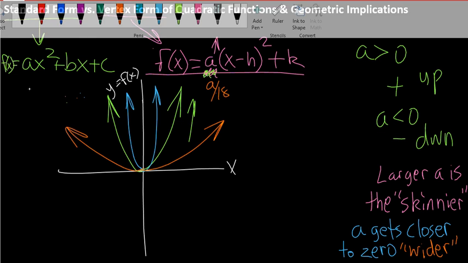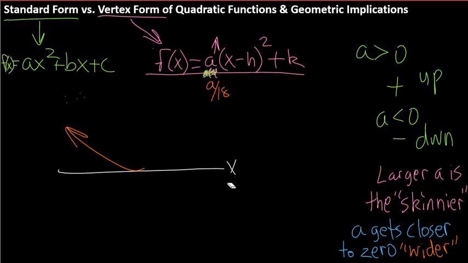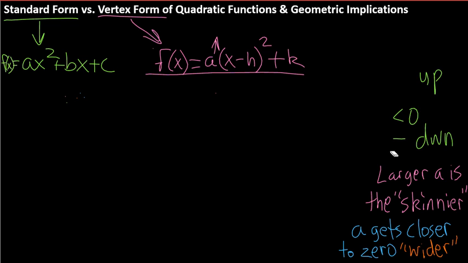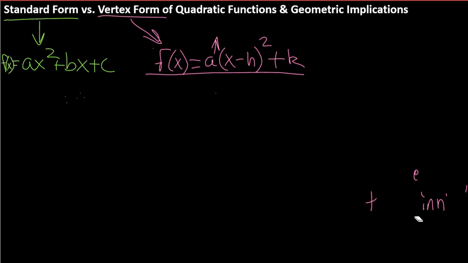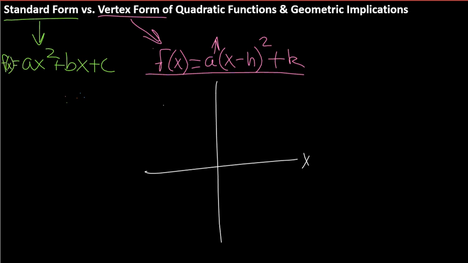Let's talk about the other components of vertex form. So you've got, besides the a, you've got an h and a k. Okay, that h and that k is super important because it tells us the vertex, hence vertex form. So again, I've got x and y of x. Okay? And I have some parabola. Let's go ahead and say like this. Okay? There's an important point on every parabola. Namely,